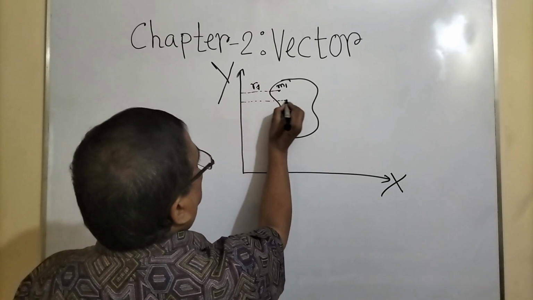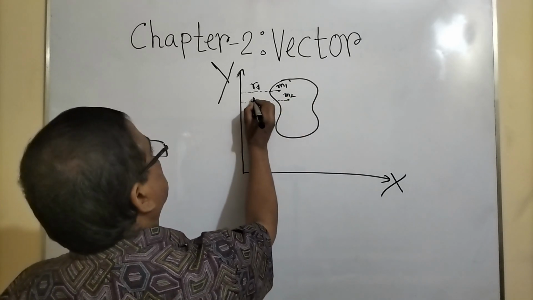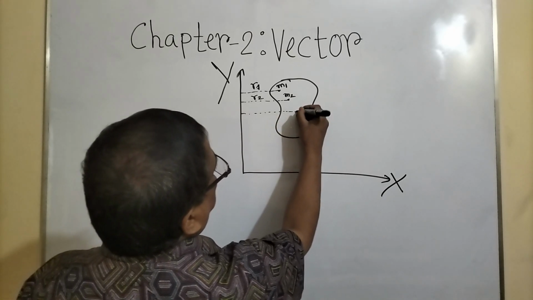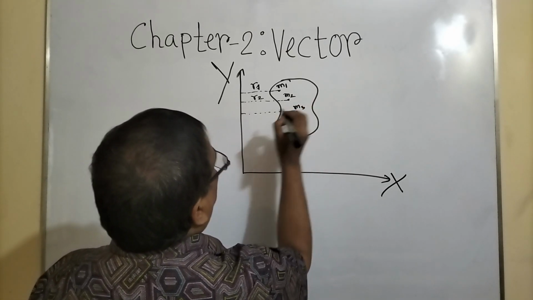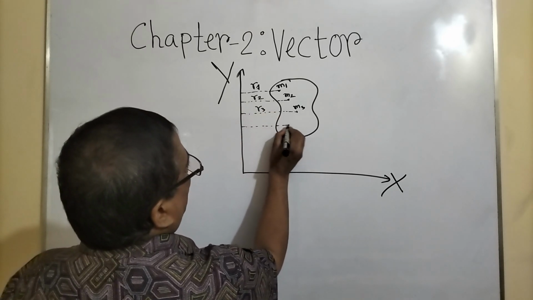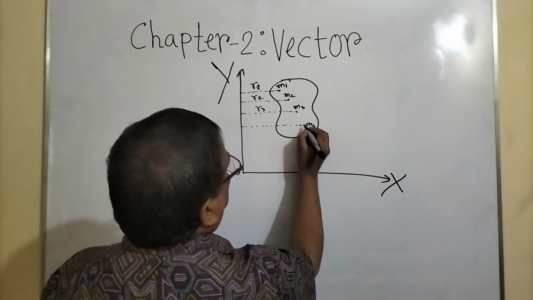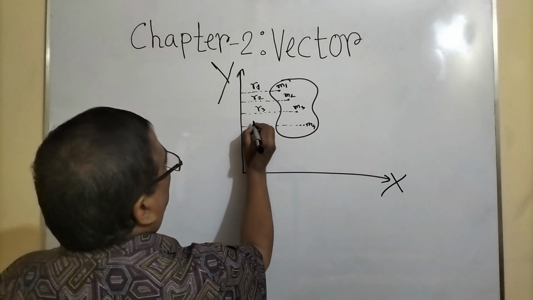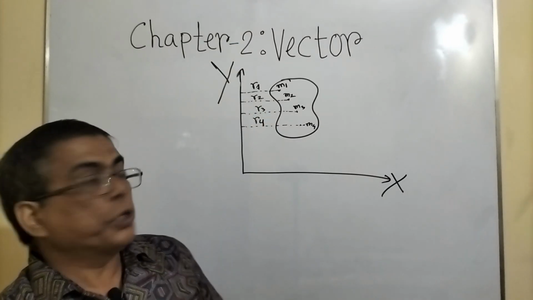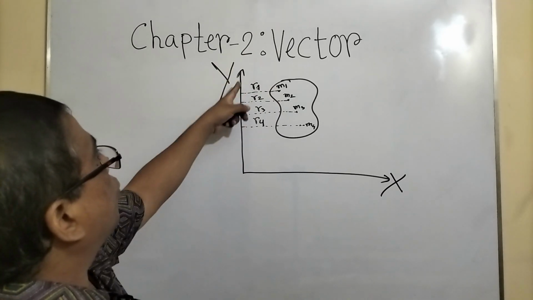The distance of particle m2 from the y-axis is r2. The distance of m3 particle from the y-axis is r3, and the distance of m4 particle from the y-axis is r4. If this object rotates with respect to the y-axis,